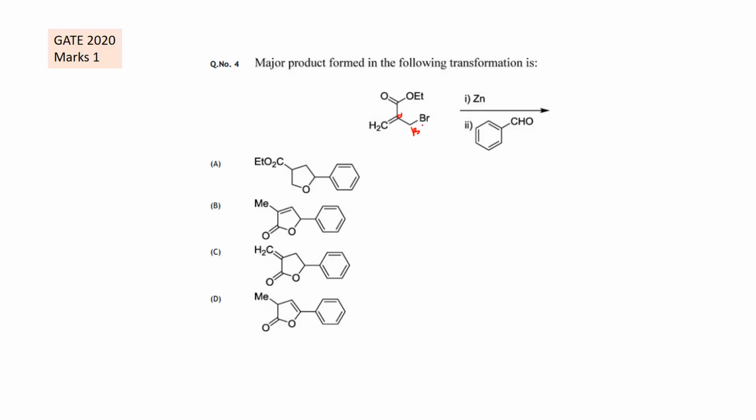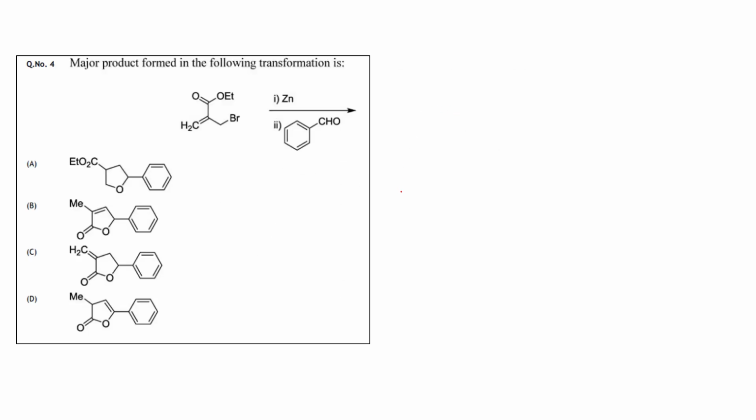The reason is, if we consider this as a carbonyl type of system or any conjugated type of system, then with respect to this it is alpha. Like in the previous one, I was talking about why only the alpha position is reactive for this center, because after the incorporation of the zinc,